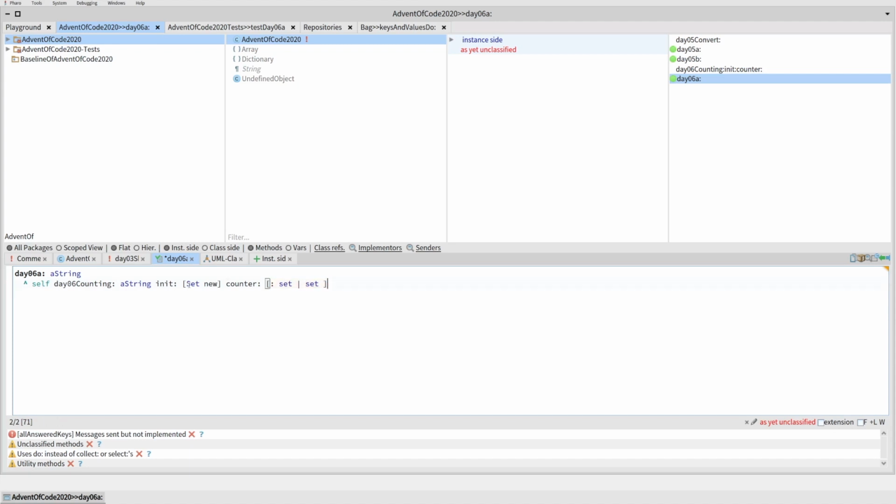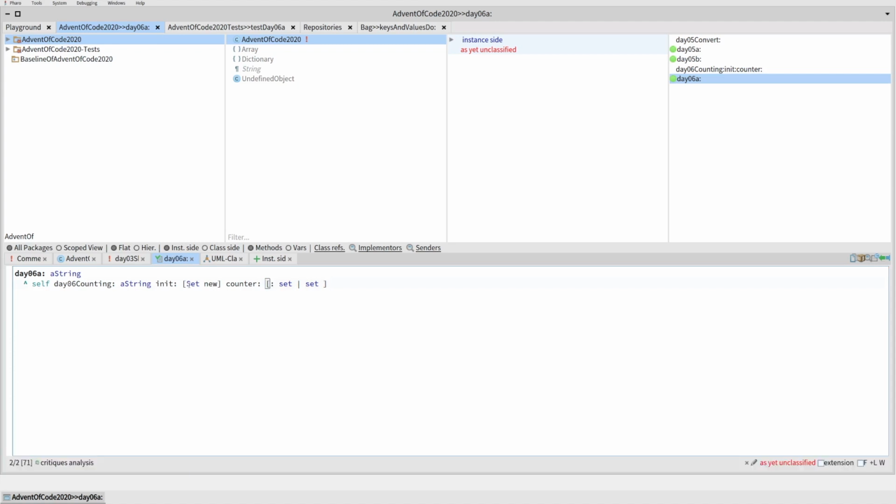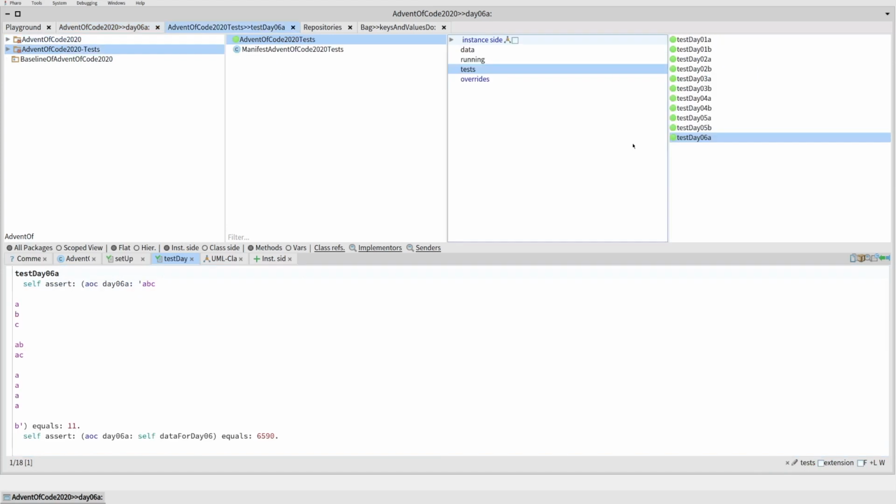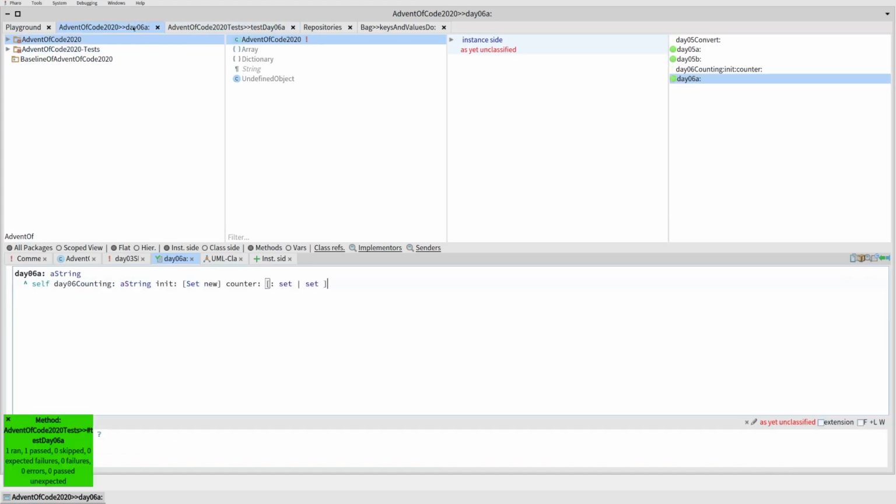Okay. Now, what did all that do? Well, what it basically did was it made this parameterized. So let's go back and see if our test runs. It does. Okay, so let's go back and explain a little bit what's happening. So here, rather than just return this, I'm going to call this helper method, day 6 counting, pass it in a block that's going to create a new set, and pass it in a block that just returns the thing,